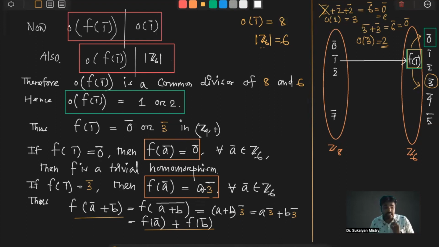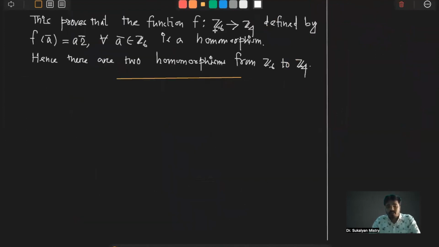So if we define a function from Z8 to Z6 such that f of a bar is equal to a3 bar, then it is a homomorphism। So number of homomorphism is 2। দেখো এই একটা trivial homomorphism and another is this। So these are the two homomorphisms। So we conclude that, this proves that the function f mapping from Z8 to Z6 defined by f of a bar is equal to a3 bar for all a bar belongs to Z8